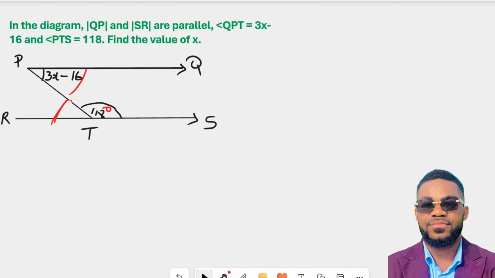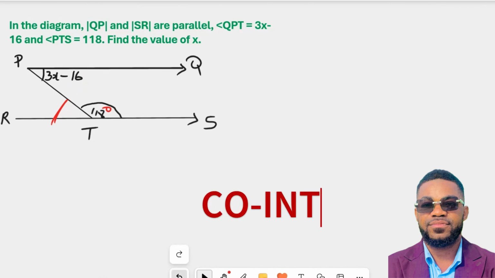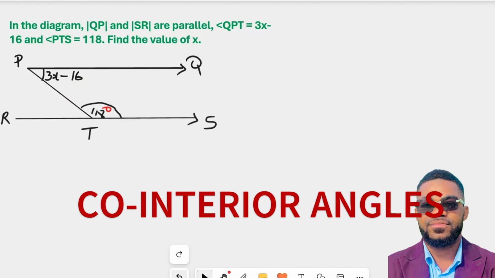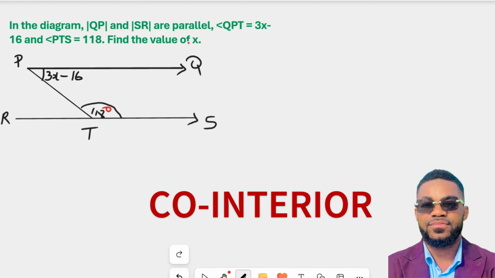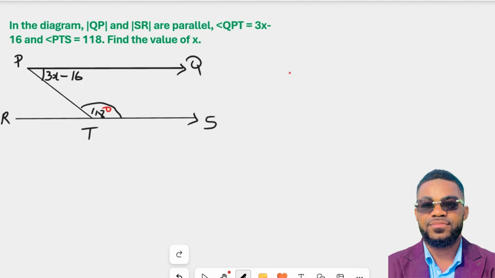So I can use that approach. But I want to use consecutive interior angles, use that one to verify. So let's begin. So I can see that angle QPT